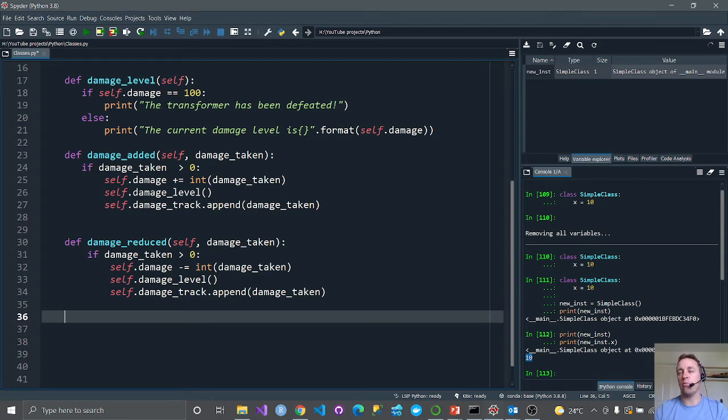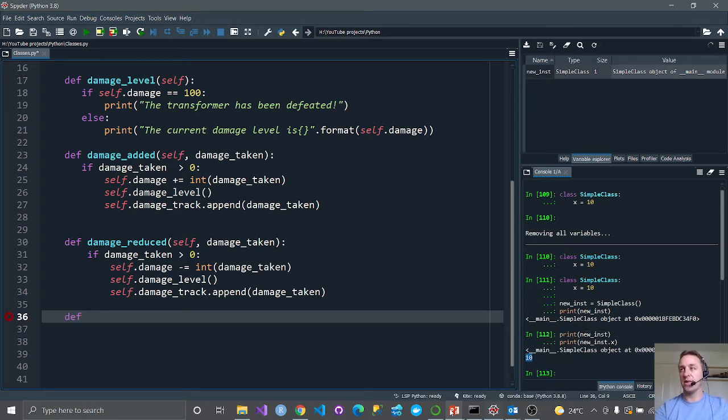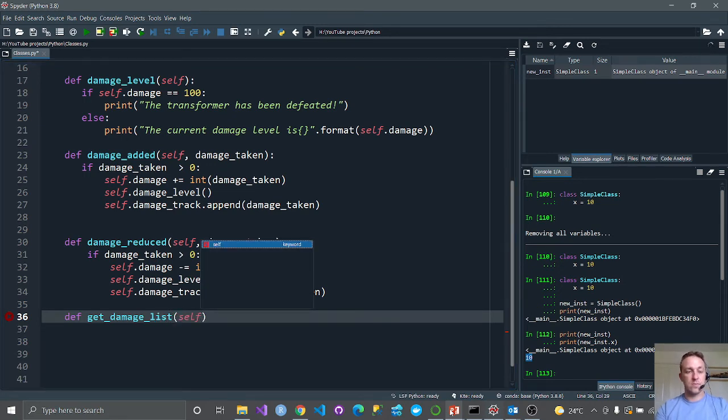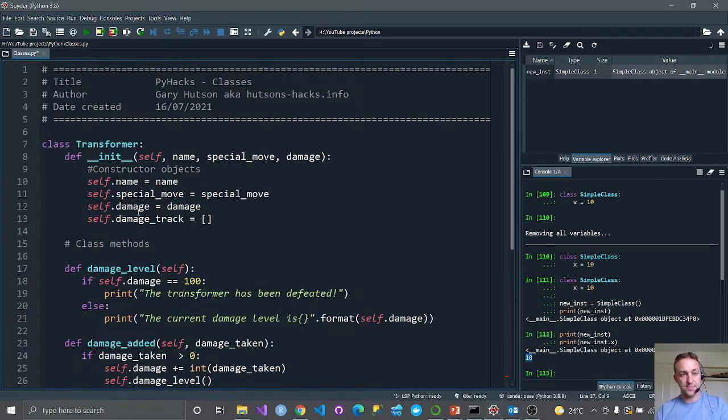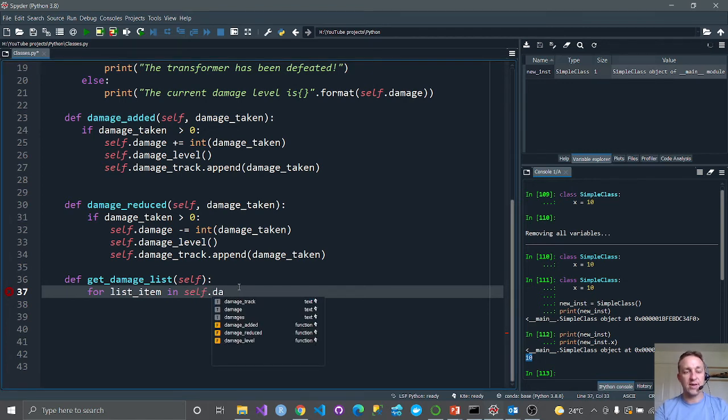So then we want to add one more method to our class, and then we're going to actually play the game and call some of these methods that we've just created and instantiate the class and work with it. So def, I'm going to say gets damage list. So this is essentially going to pull back this damage track here. So we're going to say for our list item in self.damage track, the list that we created at the start,